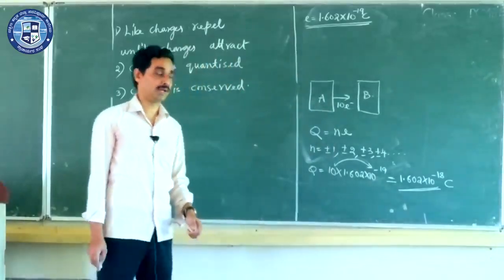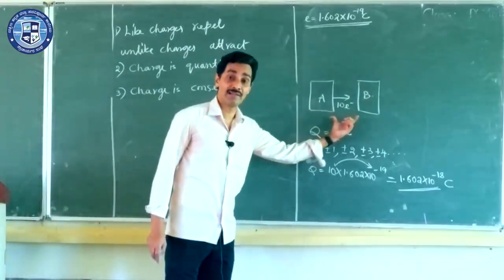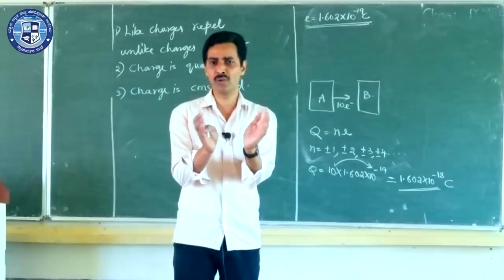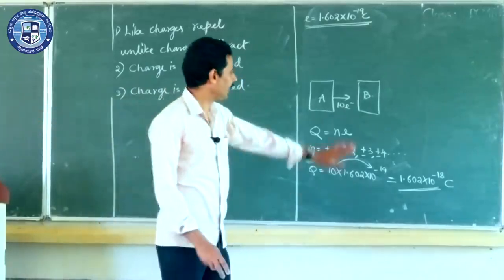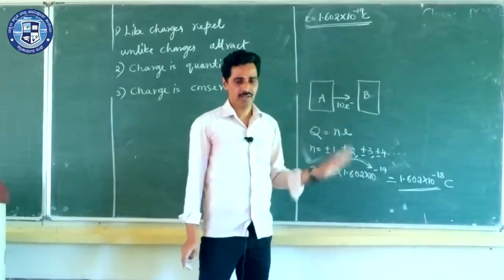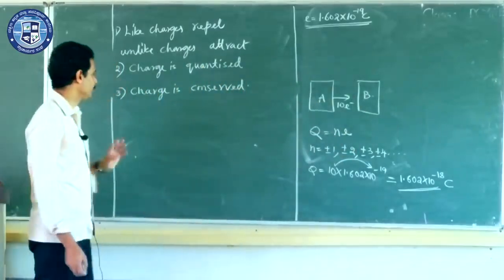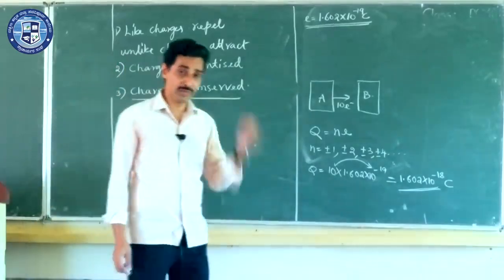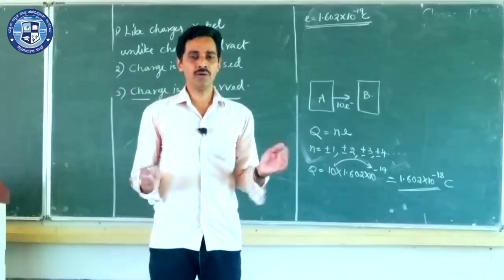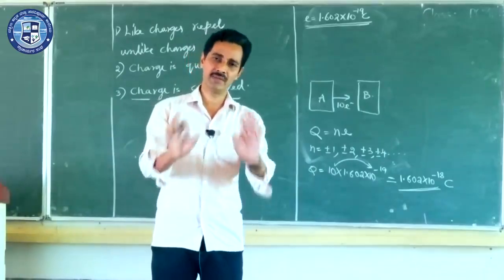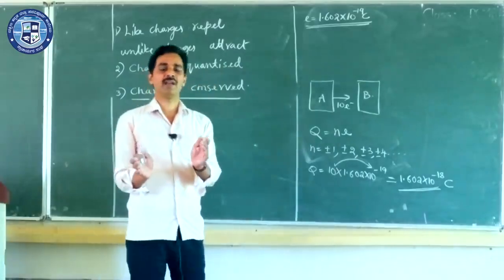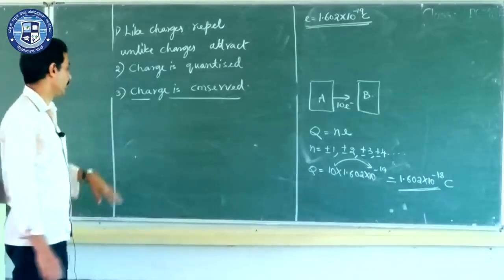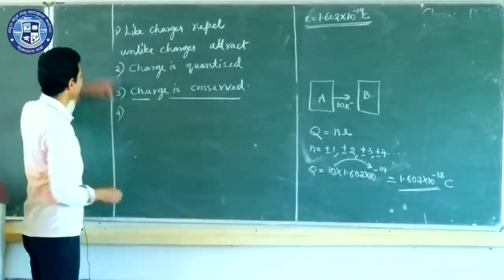Then you have to answer in a different way. Total charge in an isolated system. What do you mean by an isolated system? A system in which something is happening and it has no relation with the other outside system. We are concentrating only on these two bodies. Total charge in an isolated system is always conserved. That's the explanation you have to write. So what do you mean by conservation of charge? Total charge in an isolated system always remains constant. So, a very important property. And the fourth property, of course you can interchange the numbers.